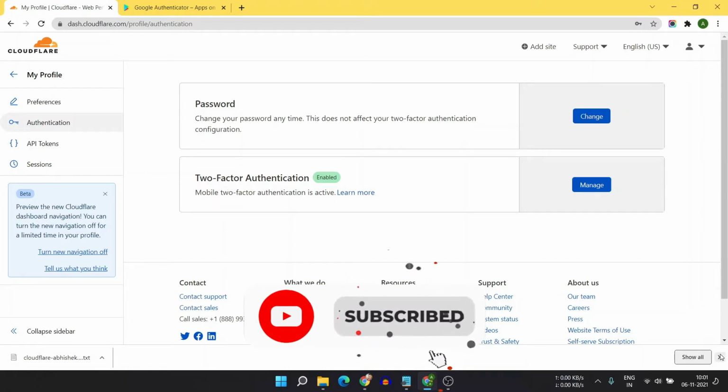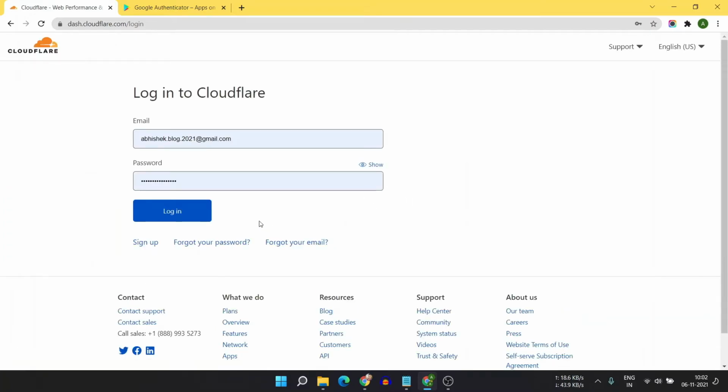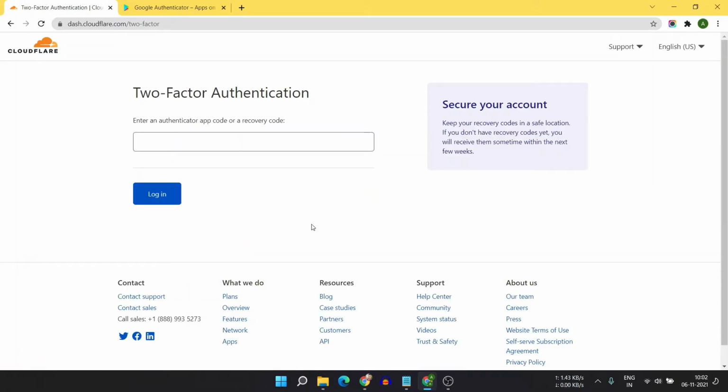So let's test this. Let me just click on logout. Now let's log in to Cloudflare again. Whenever you log into your Cloudflare account, it will ask you to enter the two-factor authentication code.